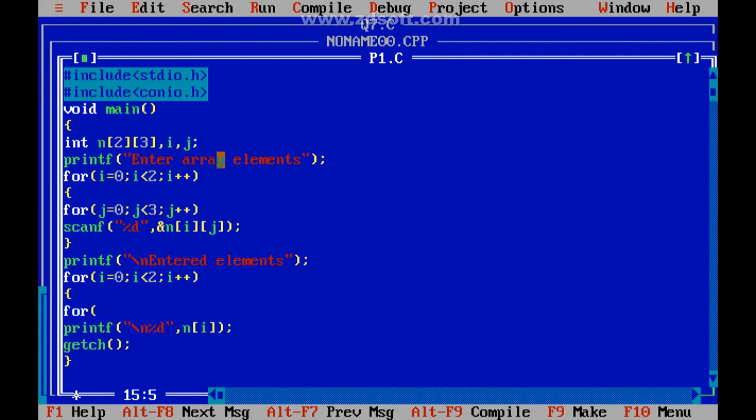For j equals 0, j less than 3, j plus plus, so here we have to do printf("%t").